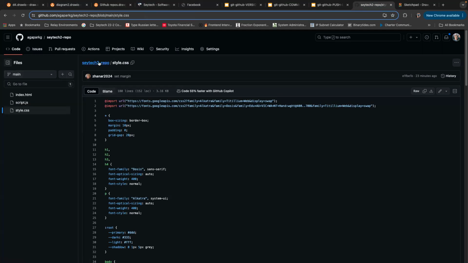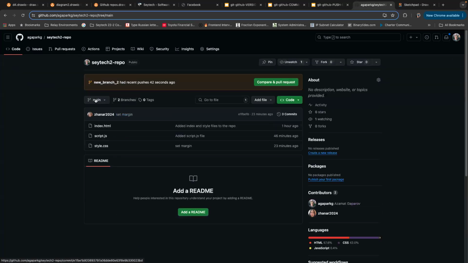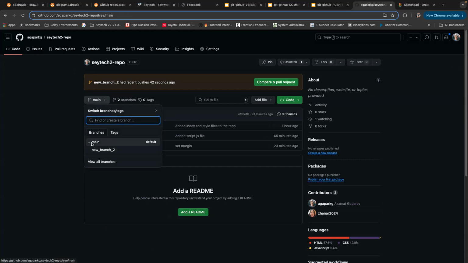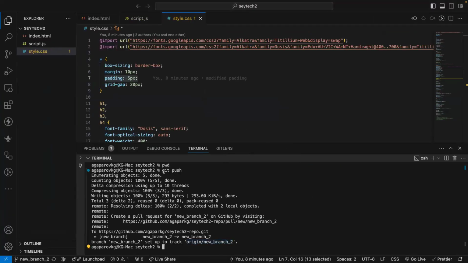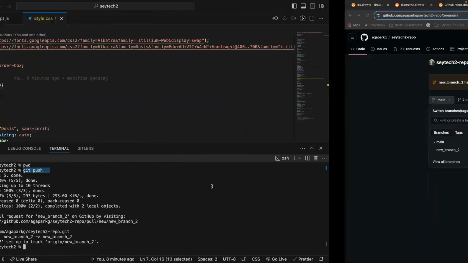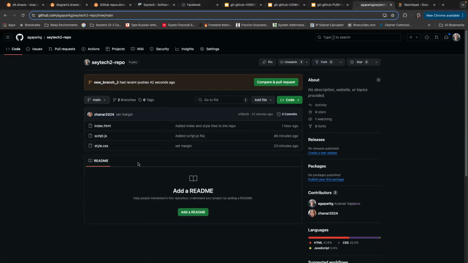Now if I go back over here and check, I have the main branch and new branch 2. The git push command was able to create that new branch 2 remotely. As you can tell right here, new branch 2 had recent pushes 42 seconds ago. This is what I was trying to tell you guys. Compare and pull request. Once you push the changes to the remote repository,